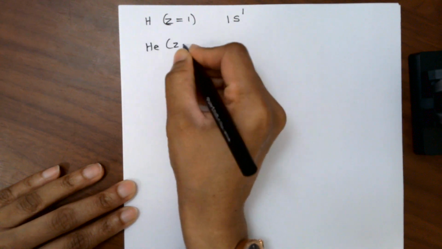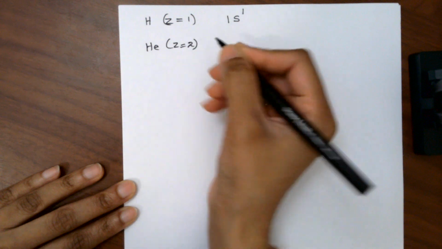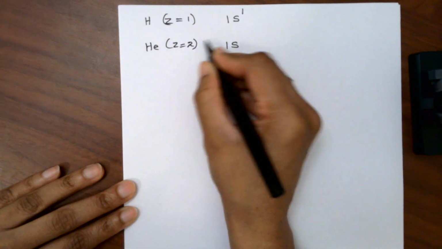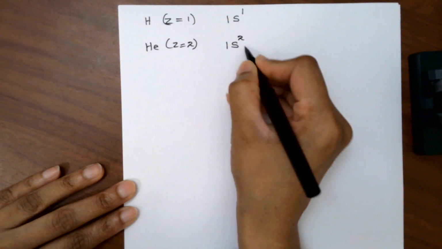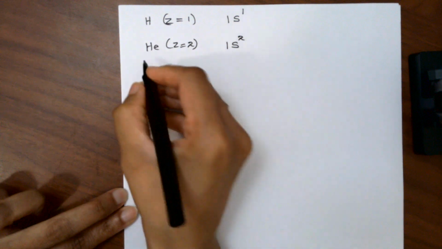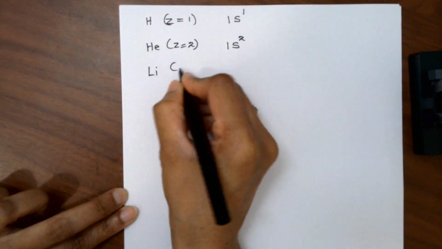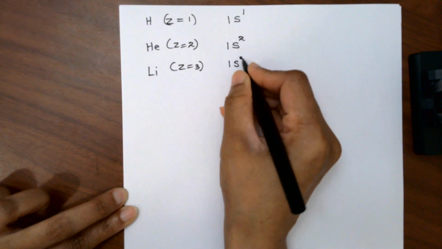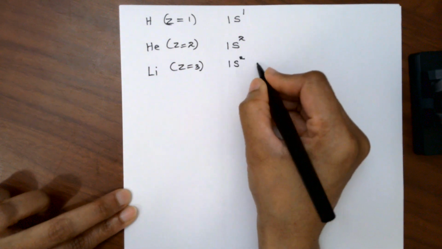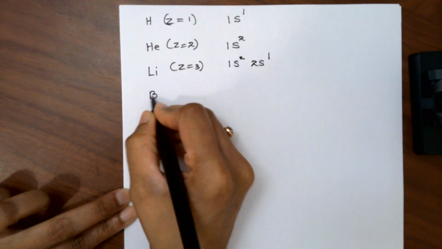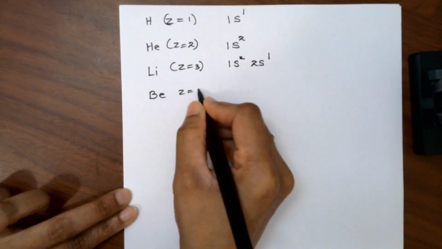Helium, Z equals 2. There are 2 electrons we need to fill. We can fill that electron into the same level, 1s2, because s can hold a maximum of 2 electrons. The third element is lithium, Z equals 3. So 1s2, and our next energy level is 2s, 2s1. And then beryllium, Z equals 4,